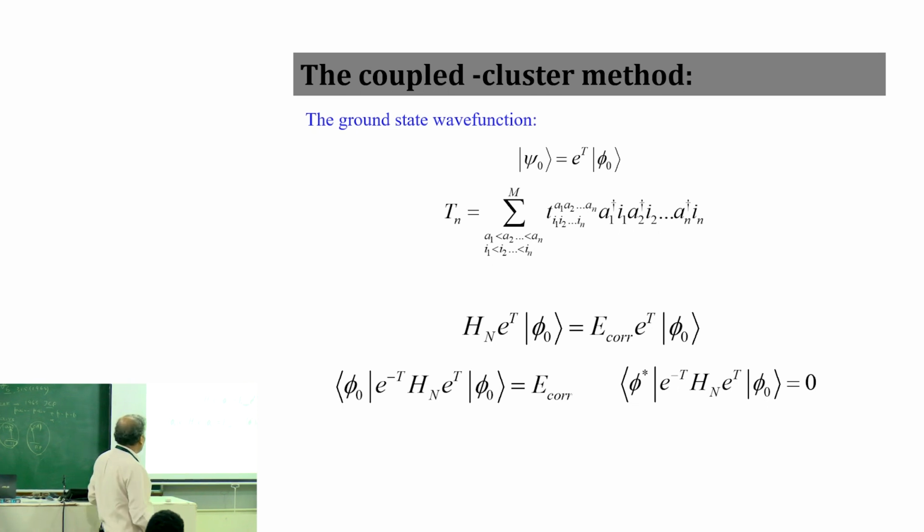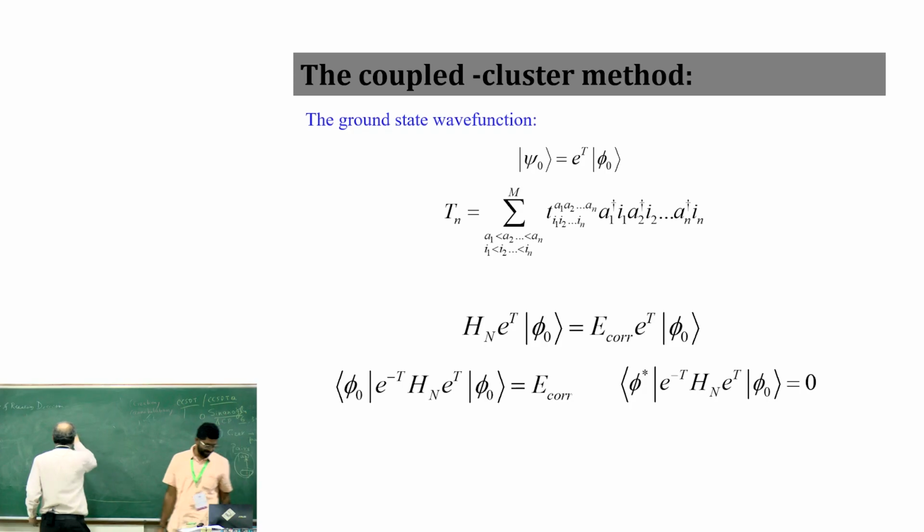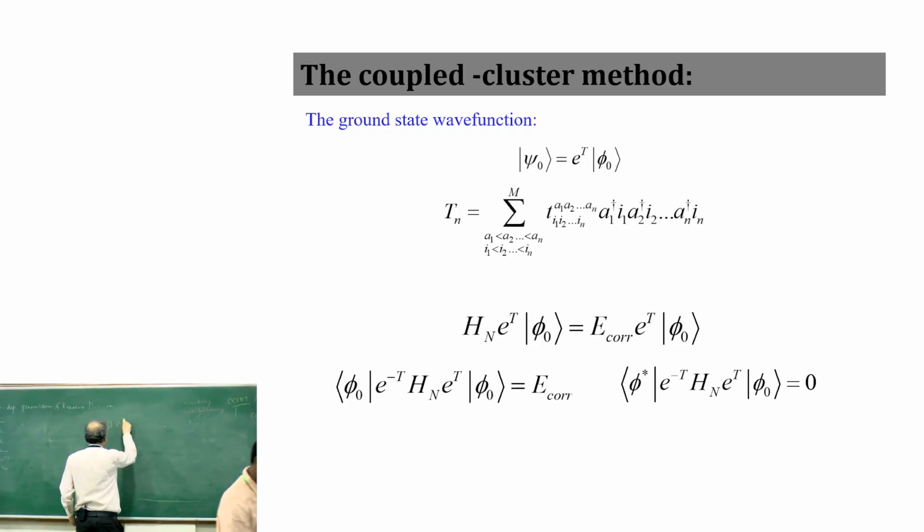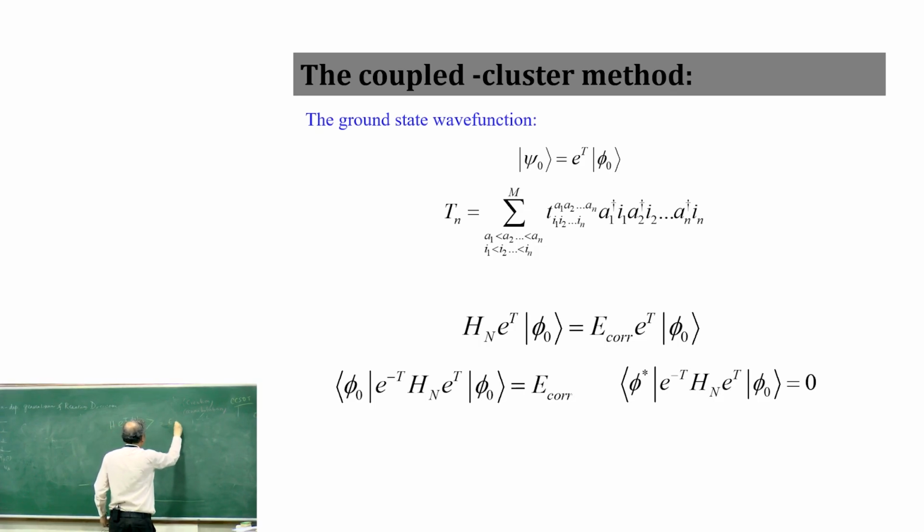CCD is okay. So assume that this is my Schrodinger equation. Then I project with exponential minus T. Now you will see the beauty of the exponential function. I wrote H exponential T Hartree-Fock as E exponential T Hartree-Fock. So the beauty of an exponential function is here. When I pre-multiply this by exponential minus T, H exponential T phi Hartree-Fock, this part gets cancelled out. So you get just E phi naught. So if you look at this equation, I originally started from H psi equal to E psi.